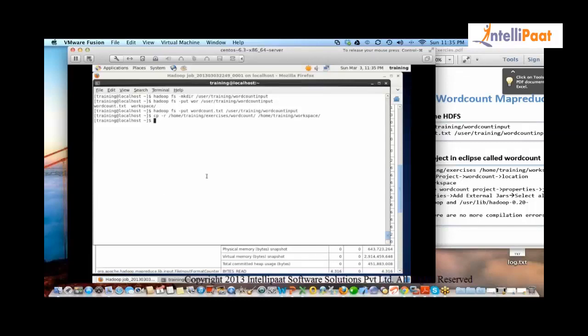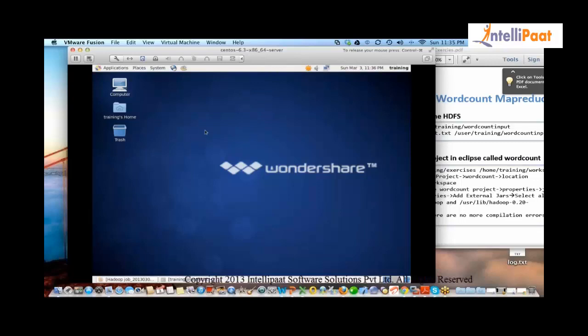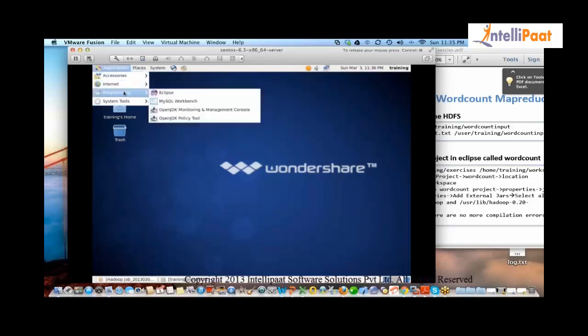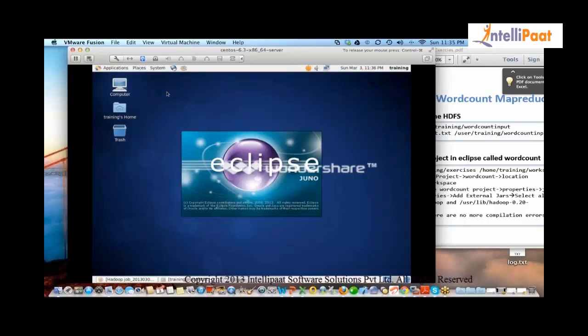file directory. Okay. So if I go to home, training, workspace, you will see a folder called word count. Now I go to word count, and I see there are 3 Java files. One main file, one mapper and one reducer. So right now it is Java code, which we need to package as a jar and run. Somebody has written the Java code, but now we have to package it like a jar so that we can run it on Hadoop.